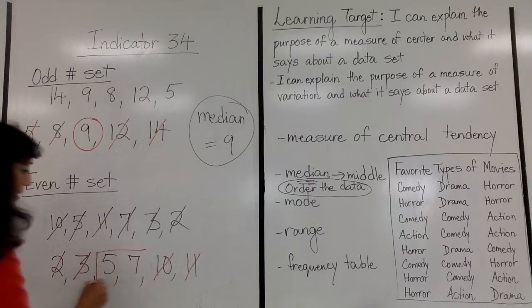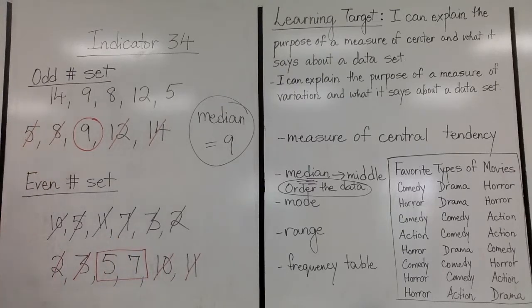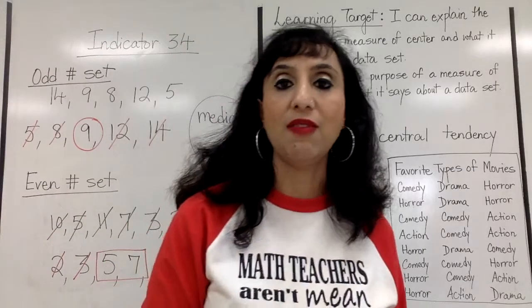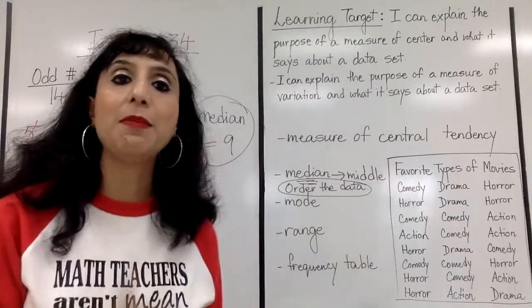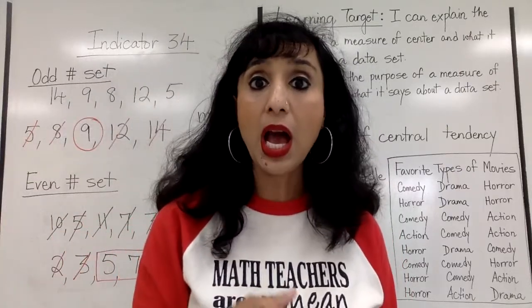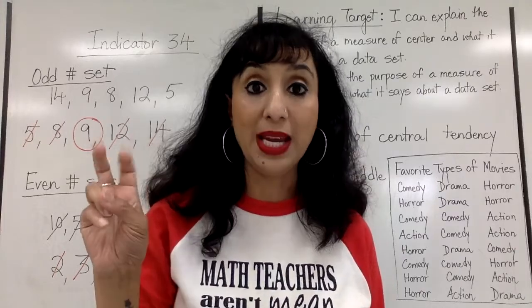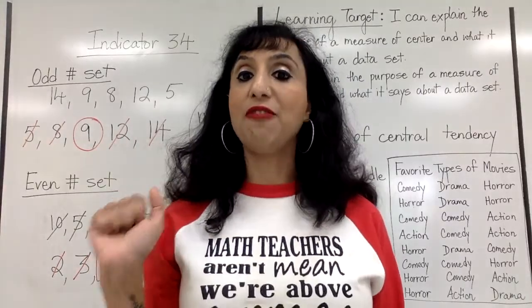Now look, what do I have? I have 5 and I have 7. So when I have 2 numbers, please don't tell me that the middle number is 5 and 7. They can only have one middle number. Okay. So when I have 2 numbers in the middle, I am going to find the mean or the average